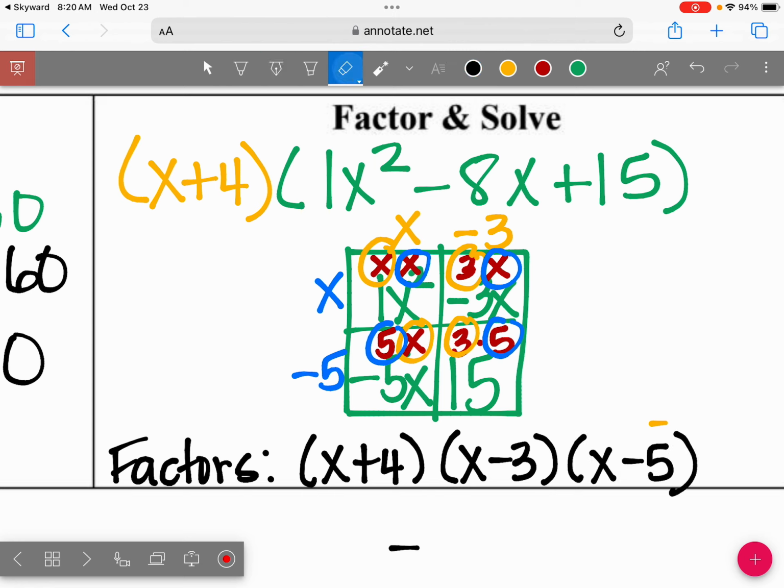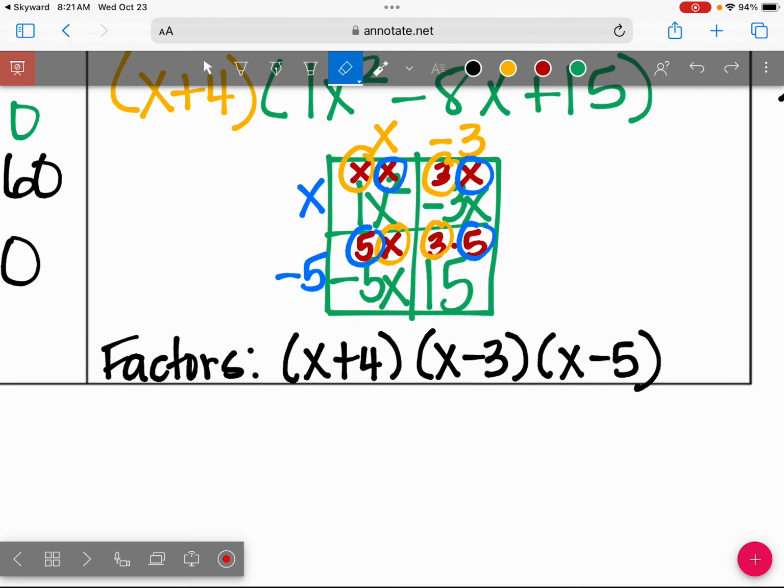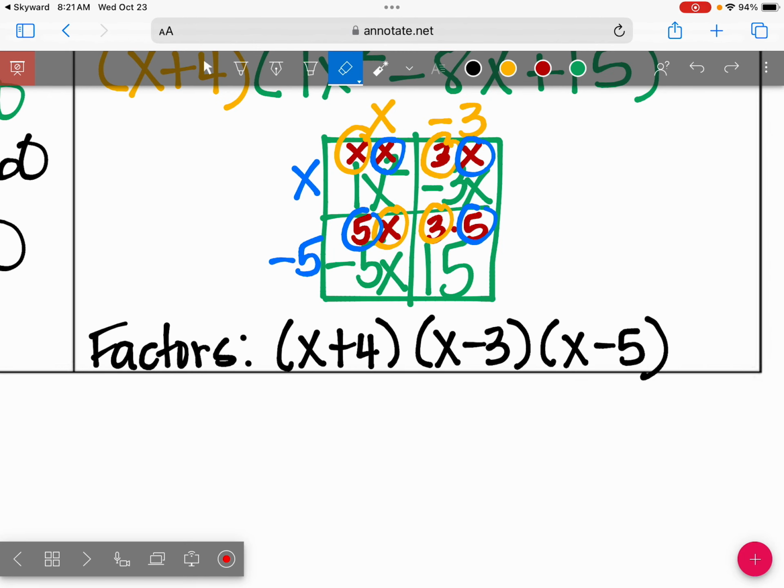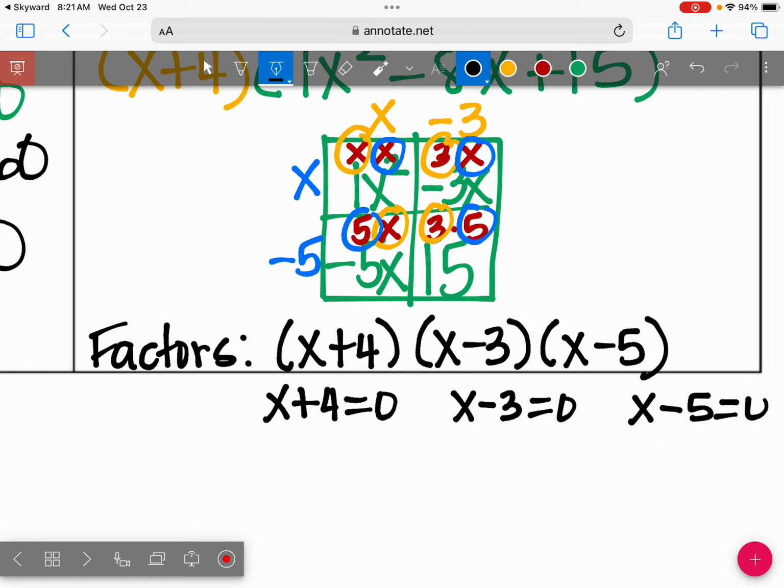Now, the one thing that we're adding on today that you didn't have to do yesterday, and it's on the back of homework 4, is we also need to find the solution. And in order to find the solution, we set our factors equal to 0. So x plus 4 equals 0. X minus 3 equals 0. X minus 5 equals 0. So our solutions,